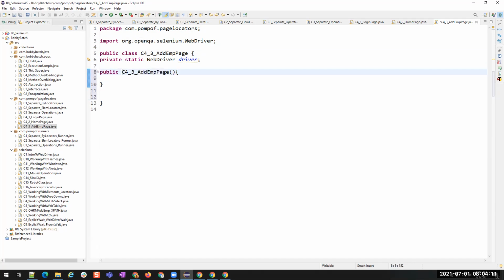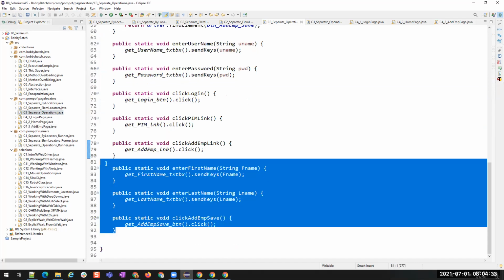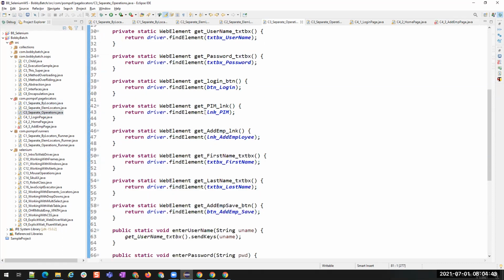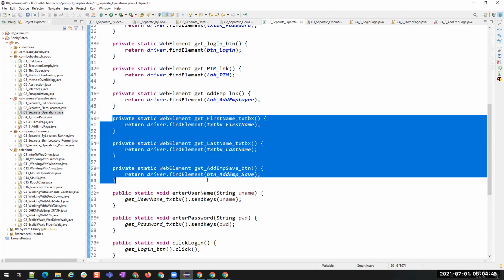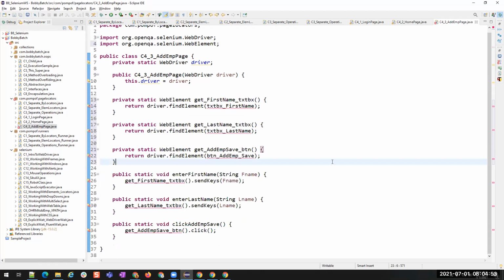This will also be public. Then now let us start copying the methods of add employee page, that is entering first name, entering last name, and then clicking on add employee. And then we have the elements.